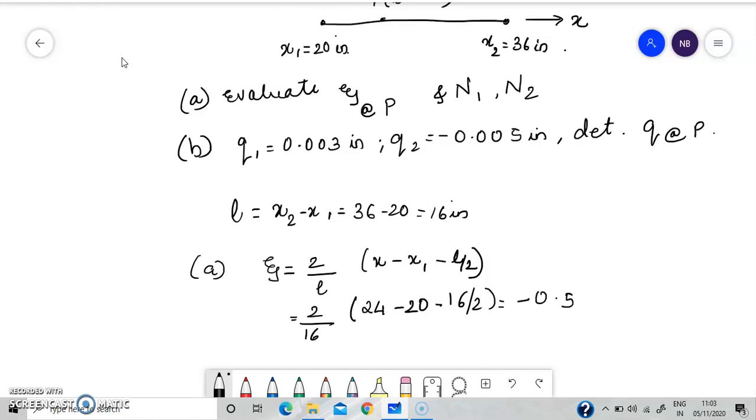There are no units. Next, we are asked to find out what is n1 and n2. Now, for a two noded element, n1 is given by 1 minus zeta by 2, 1 minus of minus 0.5 by 2, which is 0.75, and n2 is 1 plus zeta by 2,